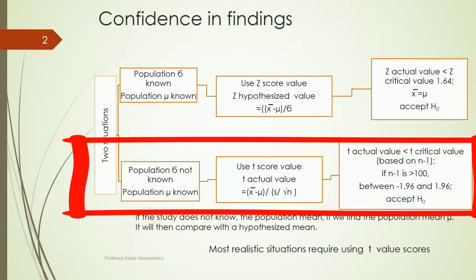Unlike the z-value table, the t-value table is constructed using sample sizes. If I show you the table,